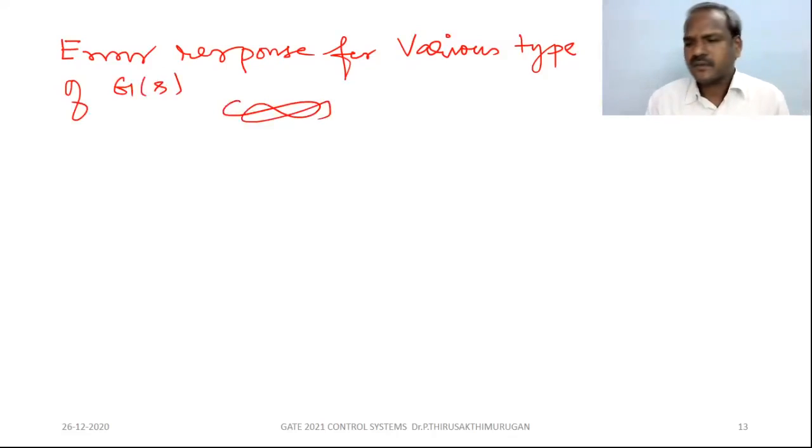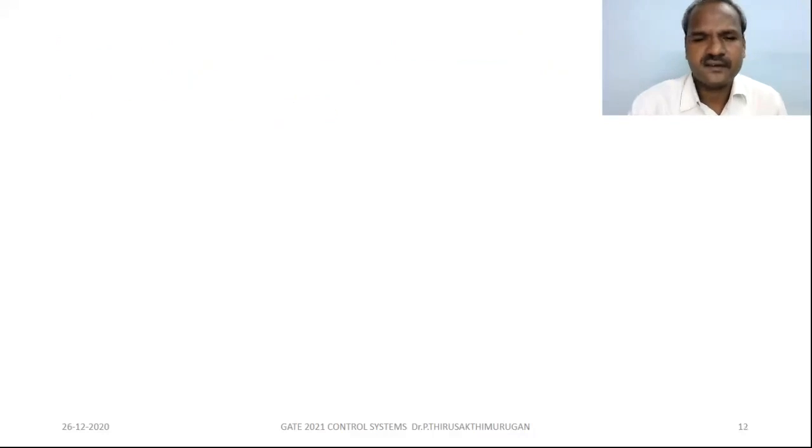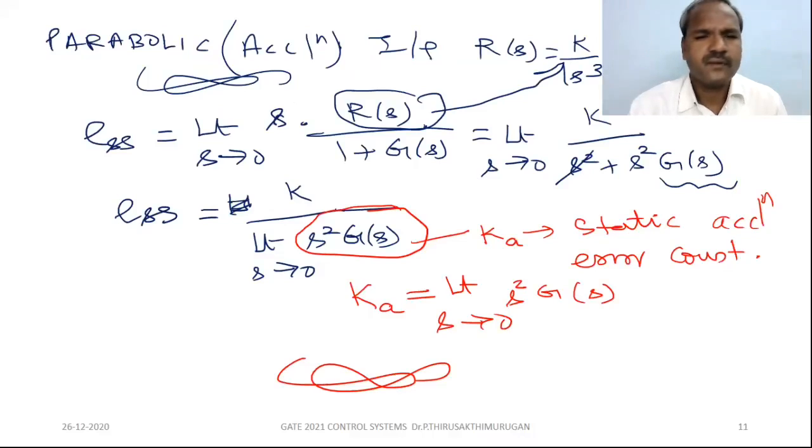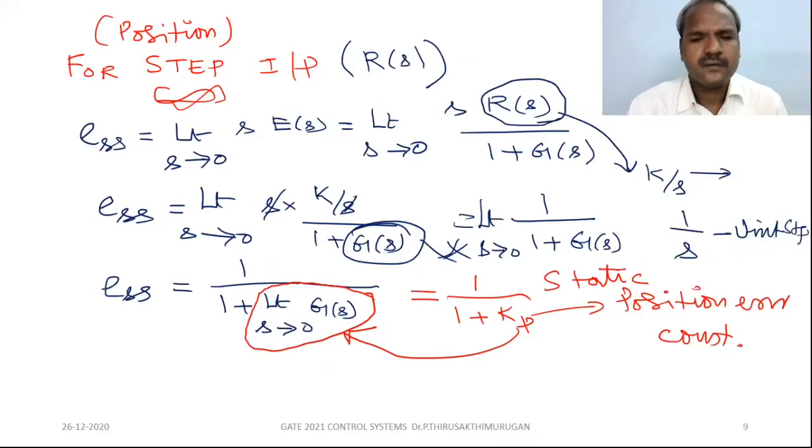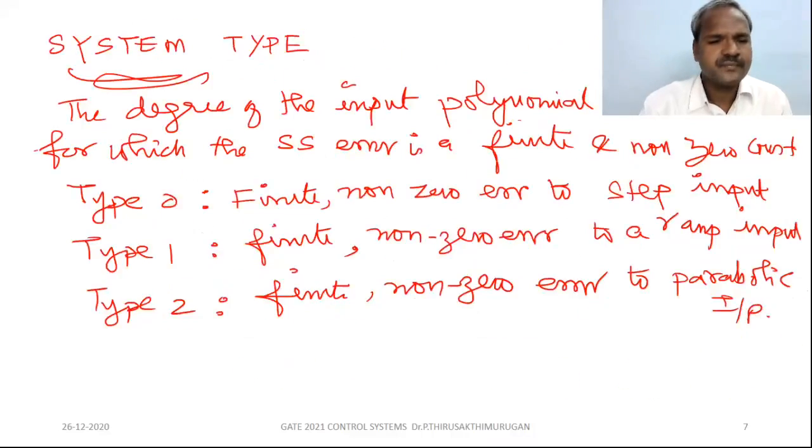First, we know from the previous section, for step input the steady state error becomes a constant. As you see, for type 0 system, there is a finite non-zero error to step input,